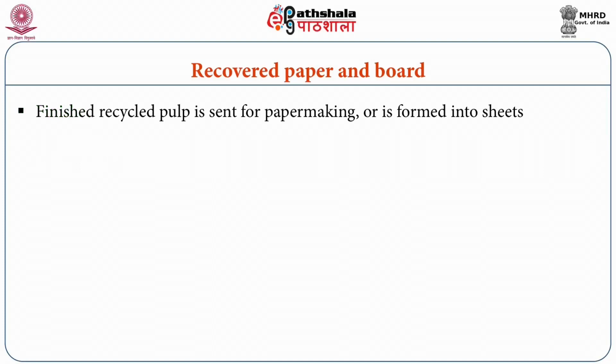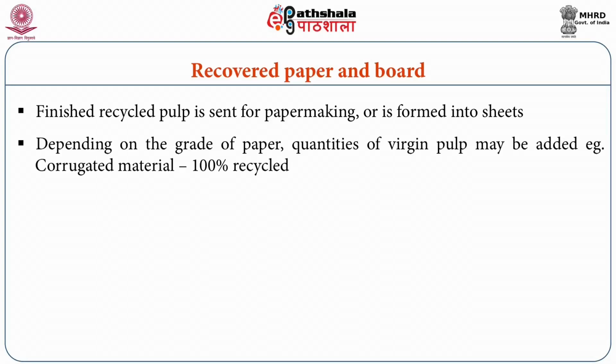a mile long conveyor to the mill for paper making or formed into sheets of pulp for shipment and sale. Depending on the grade of paper being produced, quantities of virgin pulp from sustainable sources may be added. Some papers such as newsprint and corrugated materials can be made from almost 100% recycled paper. Once the paper is used, it can be recycled and the process starts again. Individual fibers will gradually be degraded in the process, so a continuous addition of new fibers is necessary to sustain